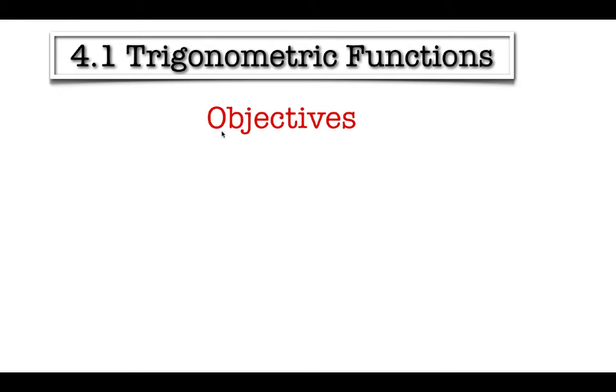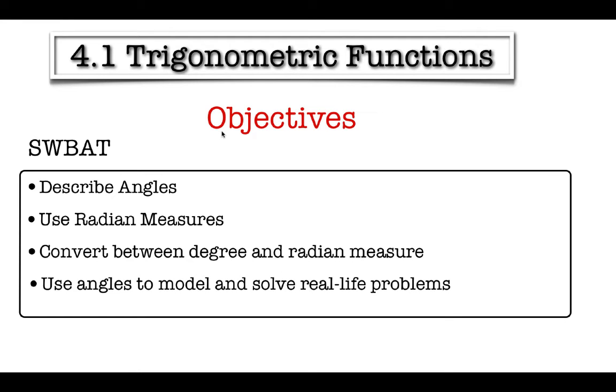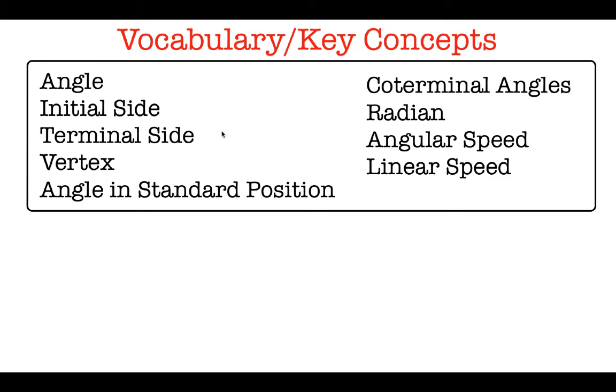These are the objectives for this lesson. Students will be able to describe angles, use radian measure, and compare between degree and radian measure. The last one is to use angles to model and solve real-life problems. This is the vocabulary and key concepts. You can read them. I'm going to define